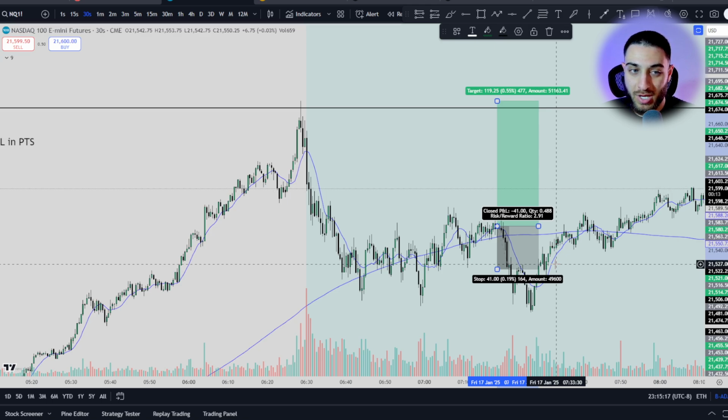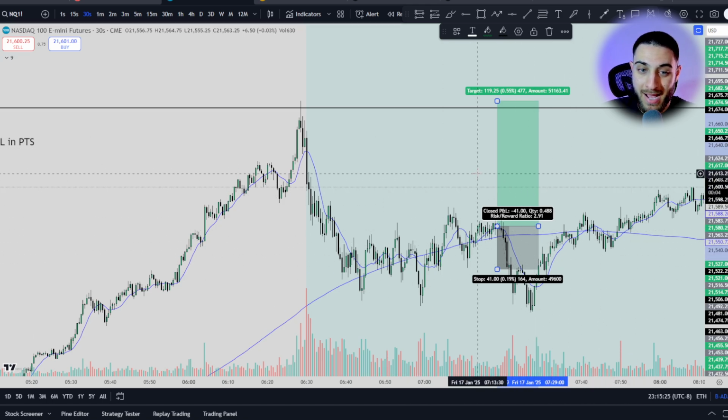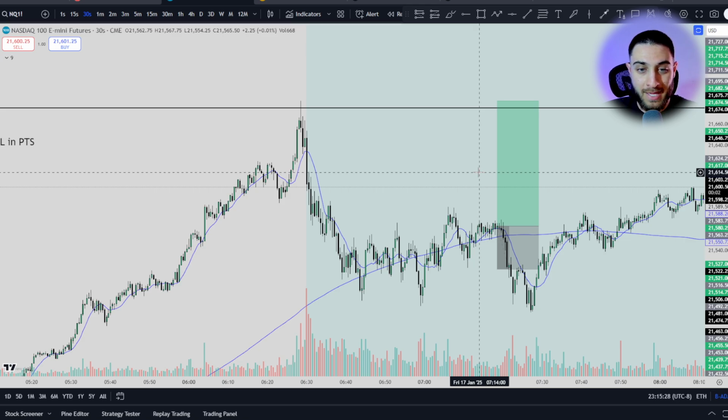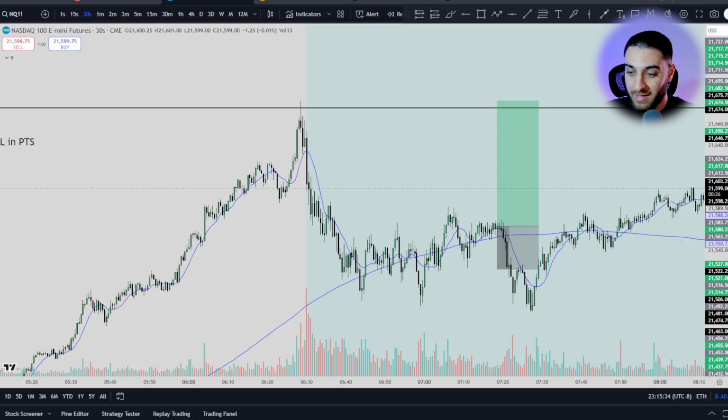Now, after I'm done trading, what I'm going to do is go back over my day and reflect. Did I take all my trades right? Did I follow my plan? Did all my trades follow my plan? Did my mindset follow my plan? Did my emotions follow my plan? Or did I get emotional and go against it? Very important questions you need to be asking, which we will cover in the next videos